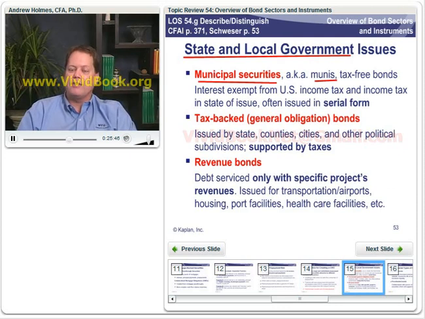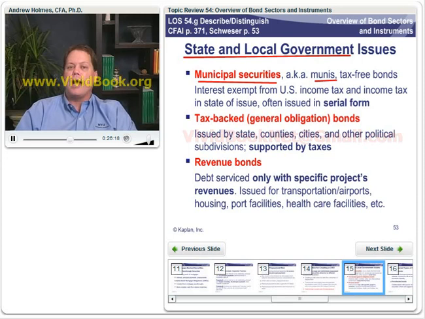So if you live in the state of California and you buy a state of California bond, then the interest you receive on that will not be taxed by the U.S. government. And the state of California will also exempt the interest. Now, if you live in California and buy a Utah bond, then most states do not exempt the interest on other states' bonds, but nonetheless, that's probably more detail than you needed. Anyway, so these are muni bonds. The big deal is that they're exempt from federal taxation.